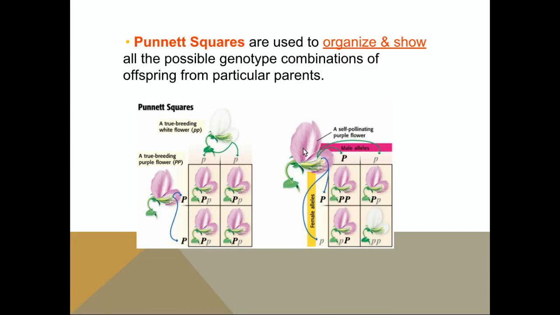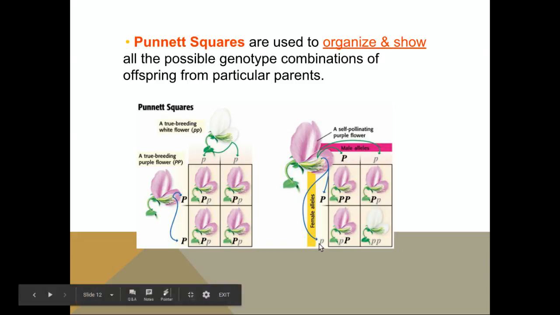So when he had them self-pollinate, what he did was he took that offspring from the first generation, which would have alleles big P, little p, and then he crossed them. And what we would then have is one that would be big P, big P, one that would be big P, little p, another one that would be big P, little p. Now, this cross that you see written here,